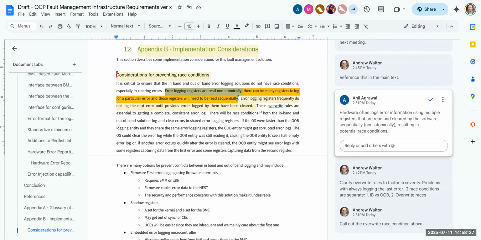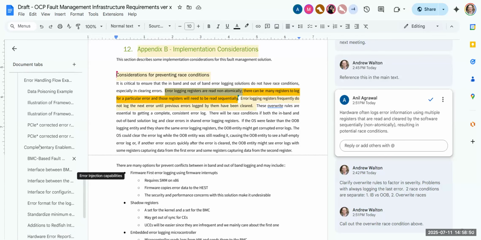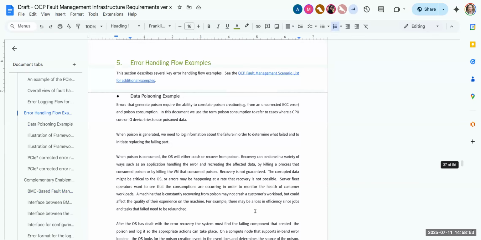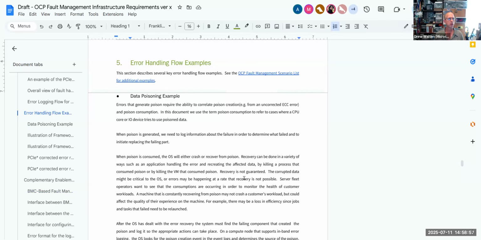Yeah, I'm okay. By the way, before we run out of time, Drew, I need to call out something. If you scroll back in the example scenarios, the poison section looks like there is some inconsistency. Yeah, right here.